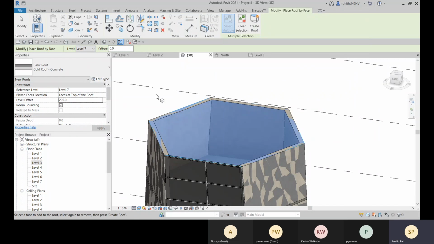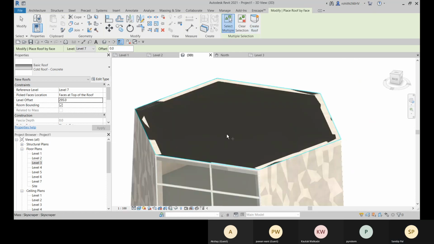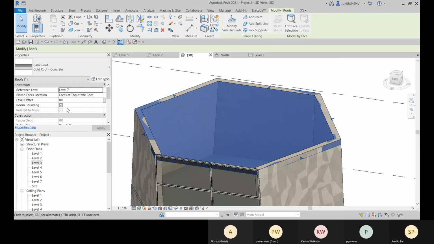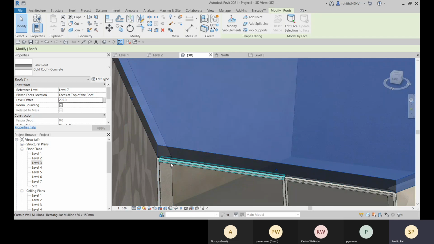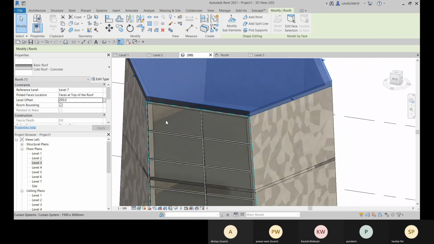Okay, create roof. Escape. Yeah, now again go for 295. So here it is. Okay.